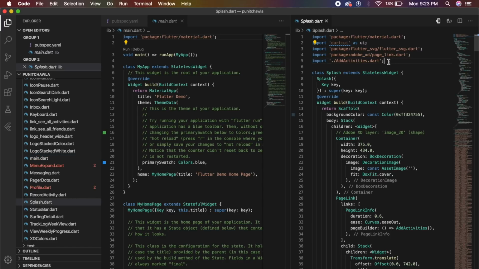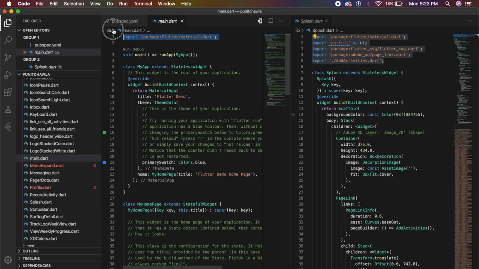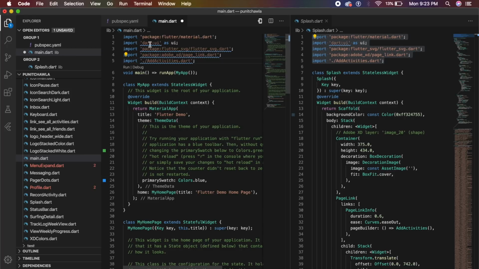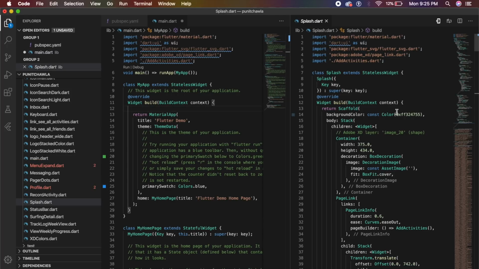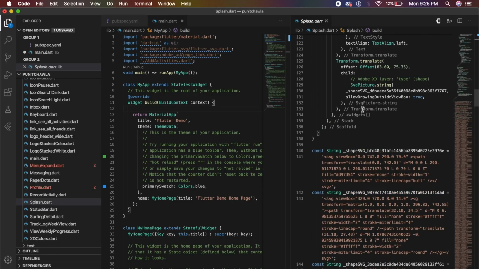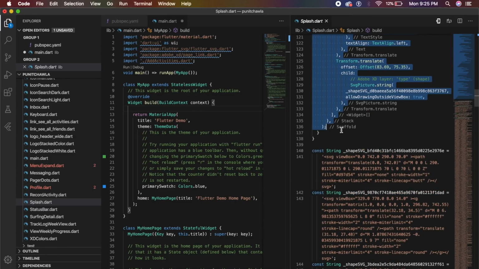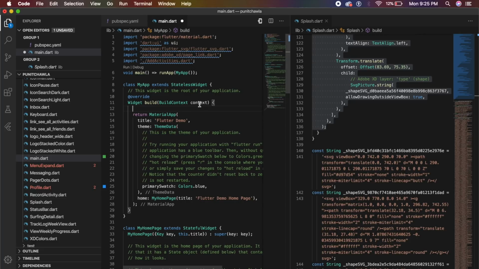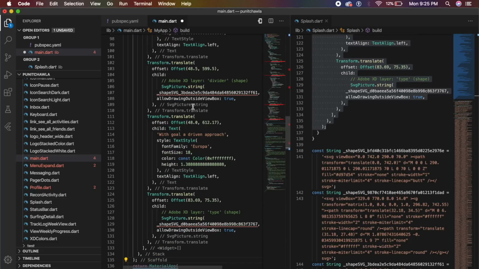What I'm going to do is copy the top code here, which says import, copy it over here and just replace whatever import is here. So now we have something very similar stuck up here. So the next thing I'll do is copy from return scaffold here in the splash.dart to the bottom, which is basically till here, and copy it over inside this widget build right here. As you can see, we have a few errors, but that will go over time.